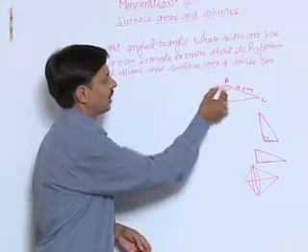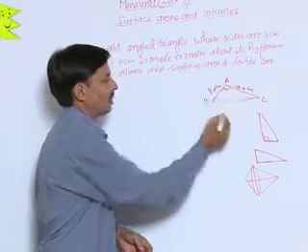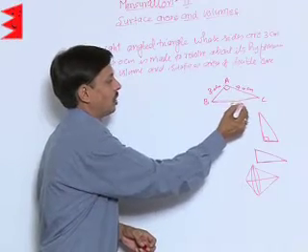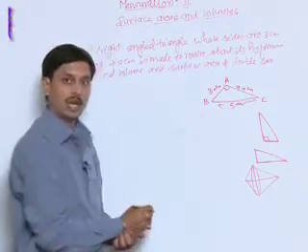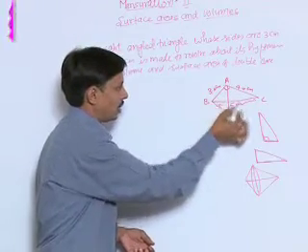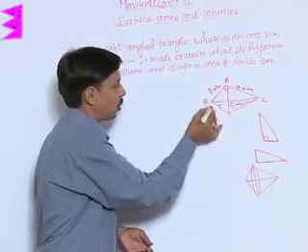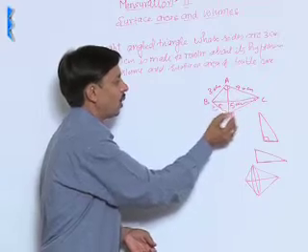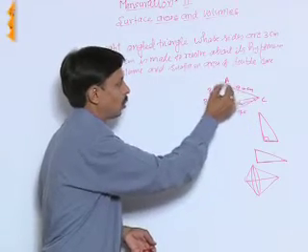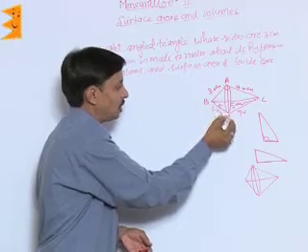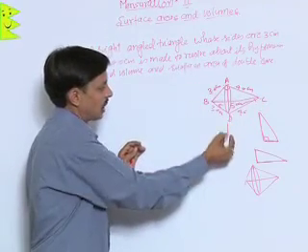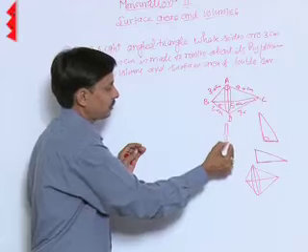Here the sides containing the right angle are 3 and 4. So with the help of Pythagoras theorem or Pythagorean triplet, we can say the hypotenuse is 5 centimeter. Now when it is revolved, this type of double cone will form, 3 centimeter, 4 centimeter. There are two cones, ABD and ACD. Two cones separately I can mention here.